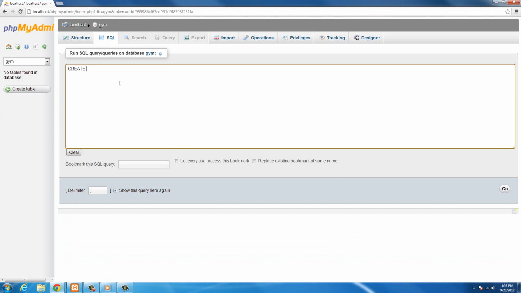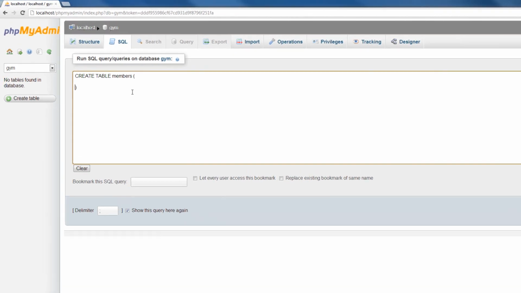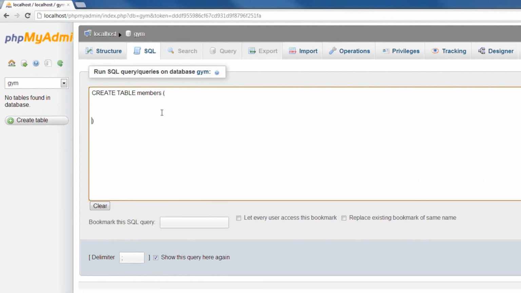So it's very similar to creating a database. You just name it like this, members. That's what we're going to name it, members. Now you put two parentheses, and every column in the table you will store in these parentheses. So let's list these. We had member ID,